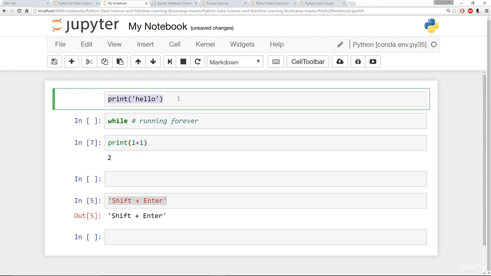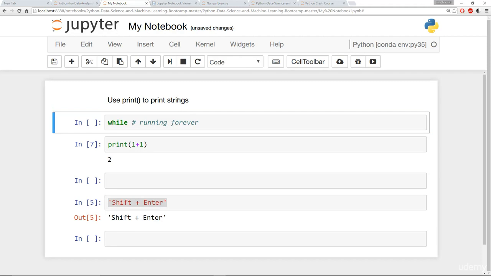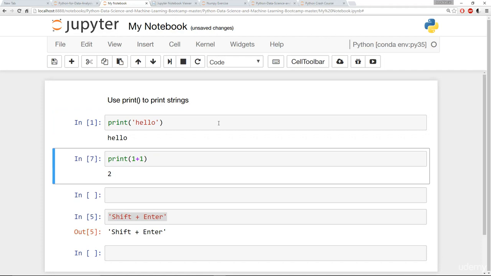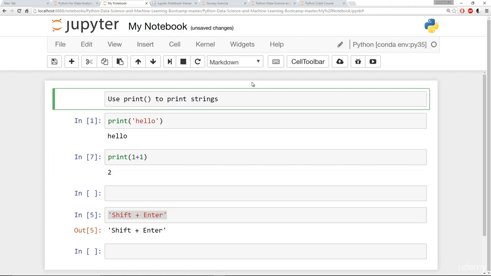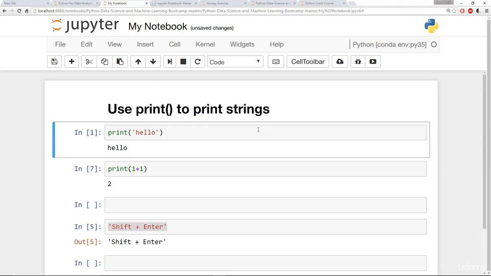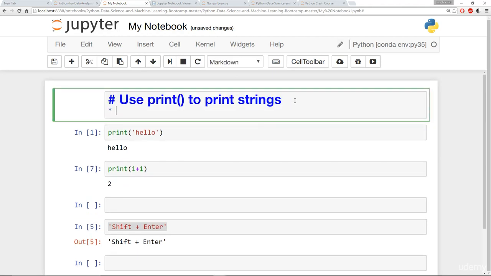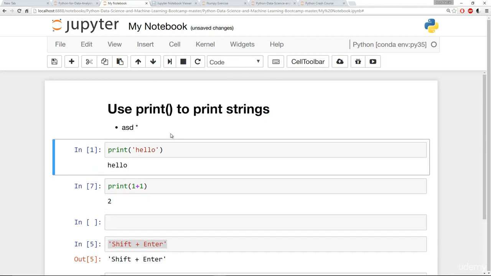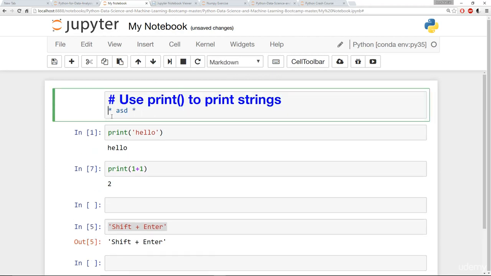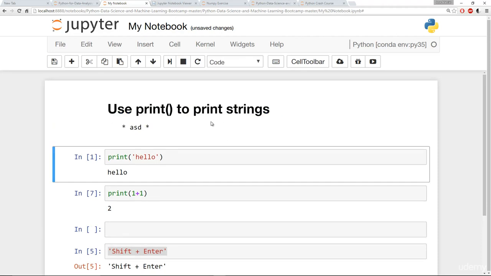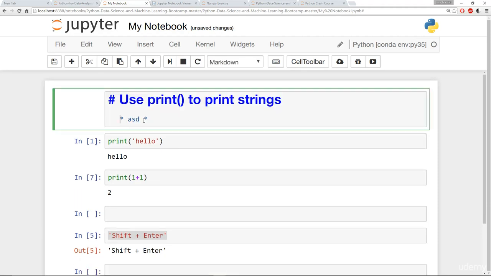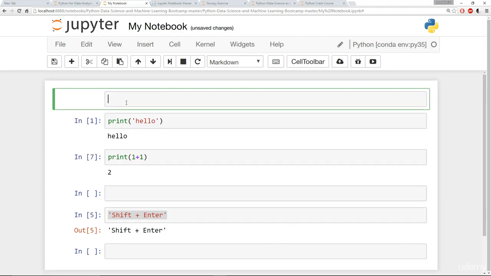You can say something like use print to print strings, run that. That's a little note for yourself, and then you can go ahead and type in print hello, etc. And that's a really nice way to kind of take notes as you go along throughout the lectures. And this also supports markdown formatting. So if you're familiar with markdown formatting, such as how to use hashtags for bold, etc., or maybe do italics with just a couple of asterisks, or bullet points, or indentation for kind of code formatting, that's all supported in these markdown cells. Now, we won't go over markdown syntax because that could be a whole other course,